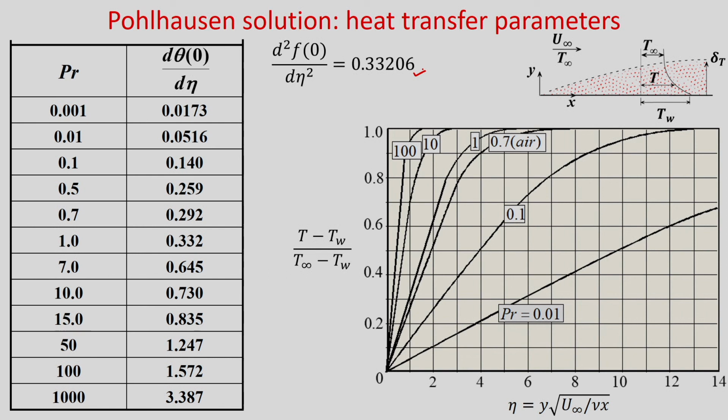And if you see the temperature distribution theta, which is (T minus Tw) divided by (T infinity minus Tw), versus eta. Okay. So, obviously, at different x locations all the temperature profiles fall on the same curve, but it varies for different Prandtl numbers. So, you can see Prandtl number is equal to 1. Okay. So, this is the case where Prandtl number is equal to 1. In this case, the temperature profile will be the same as the velocity profile that we have already discussed, and for other Prandtl numbers you can see how it varies with eta. Okay. So, at different Prandtl numbers.